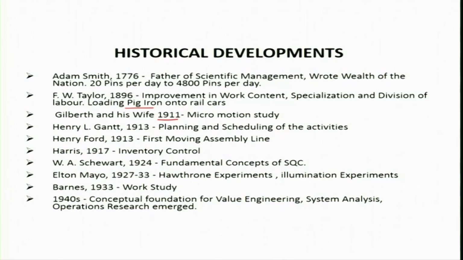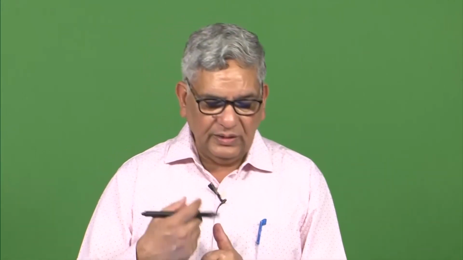Each element may be a few seconds, or even a fraction of a second. So, that is called micro motion study. They developed 18 therbligs, and you will find that the word therblig is Gilbreth written in the reverse order. These 18 therbligs include move the hand, go empty, pick up, search. Even search is given as one of the activity elements of the study, and if we can eliminate that search by better location of the objects, it will reduce the time.